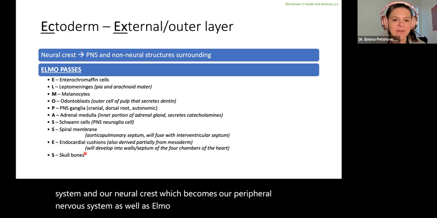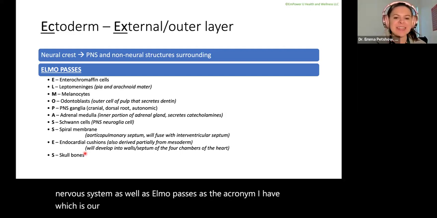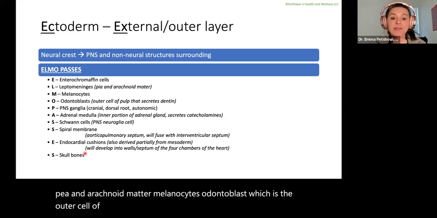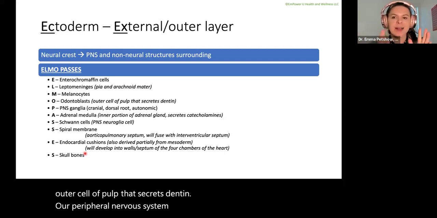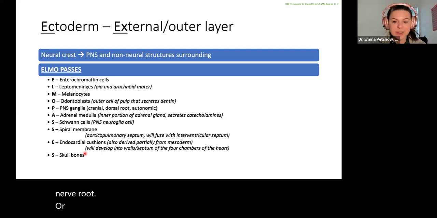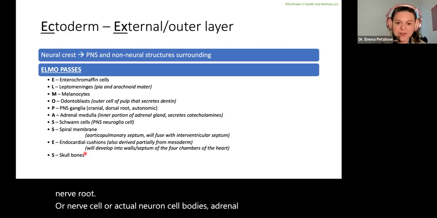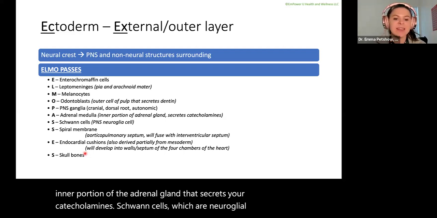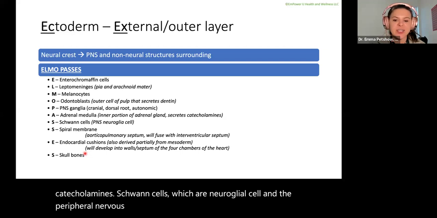That's the acronym I have, which is our enterochromaffin cells, our leptomeninges, so our pia and arachnoid mater, melanocytes, odontoblasts, which is the outer cell of pulp that secretes dentin, our peripheral nervous system ganglia, so those collections of nerve cell bodies, adrenal medulla, the inner portion of the adrenal gland that secretes your catecholamines, Schwann cells, which are a neuroglial cell in the peripheral nervous system,